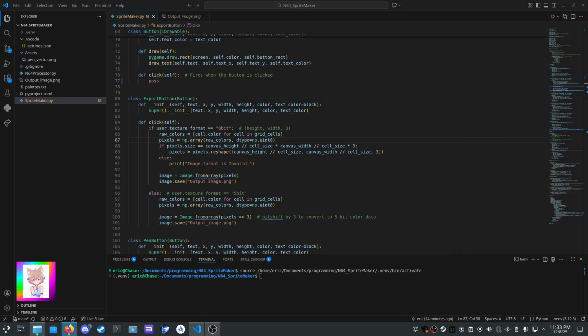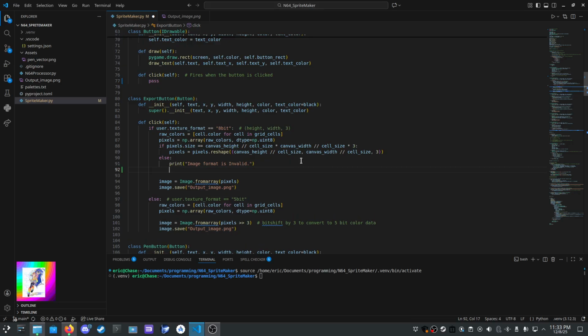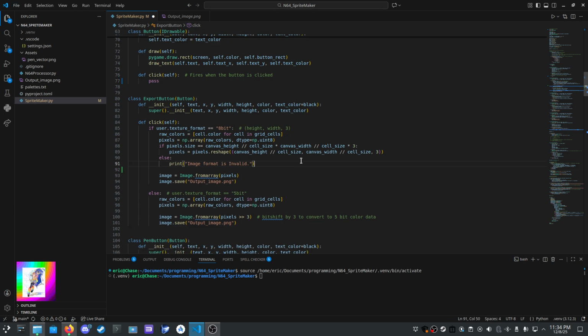It really is just a lot smarter to use an unsigned integer because it frees up a whole bit for you. Doubles the amount of possible colors. Anyways. This is essentially just like a try except. This is my dummy way of try except. We're just going to say if, again, this is a dumb way to do it, but it is fine. We're saying if it equals this, I should probably explain this.